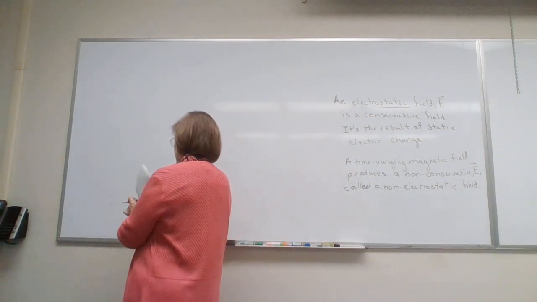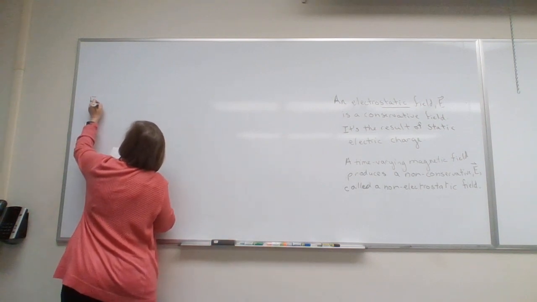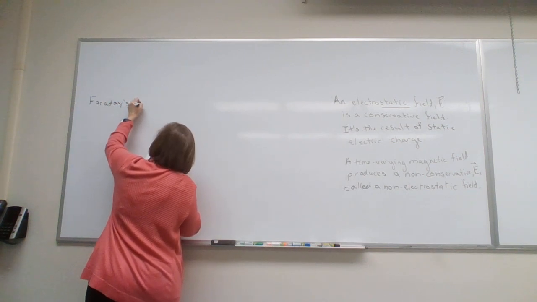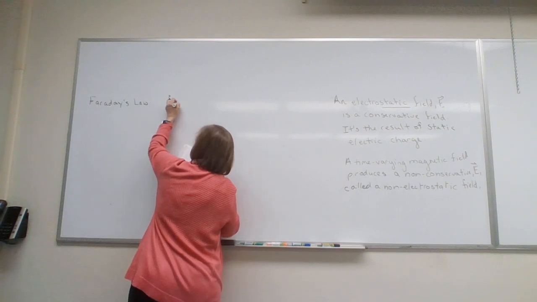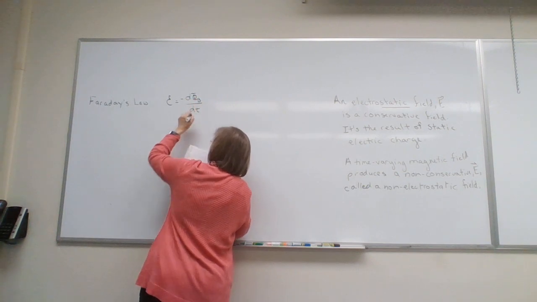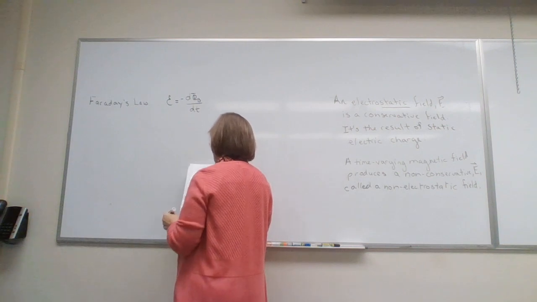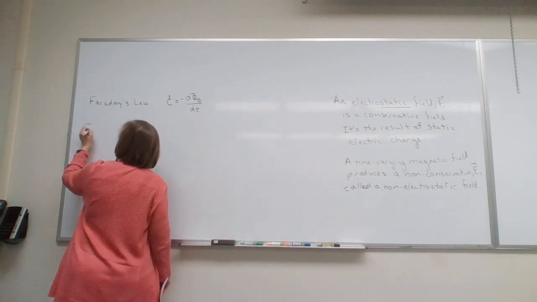Our original Faraday's law was just this, and this one always is true. Faraday's law basically says that the induced EMF is the negative derivative of the magnetic flux through some loop of wire. That's our original. We do have a version, though, of Faraday's law